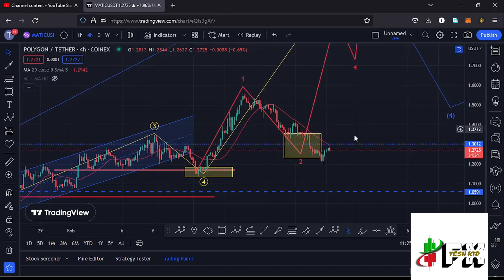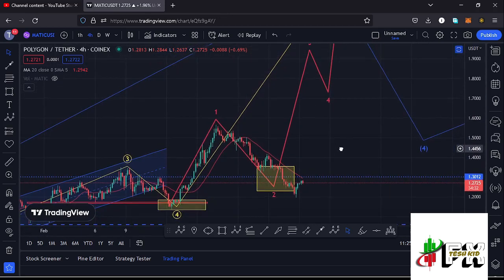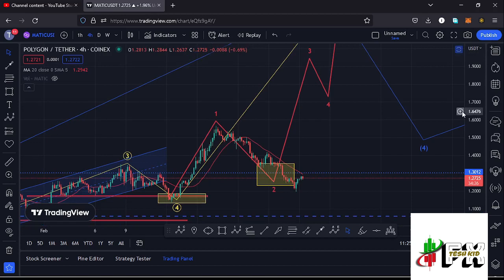And there are chances that very soon we might start that bounce to the upside in the formation of this wave 3, and assuming that we are not going to see one more new low in the formation of this wave 2, we can now sketch out our minimum target area to the upside in the formation of this wave 3 by connecting the trend-based Fibonacci from the low of the first wave to the high of that wave 1,